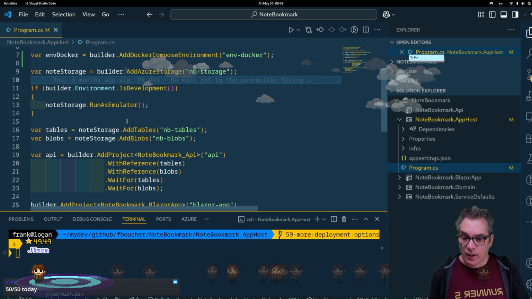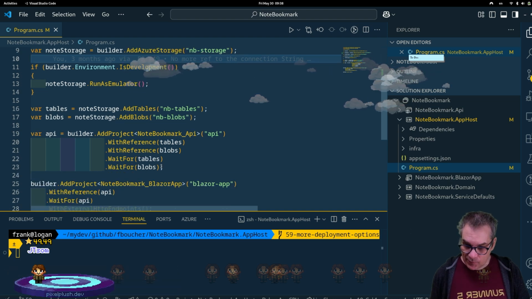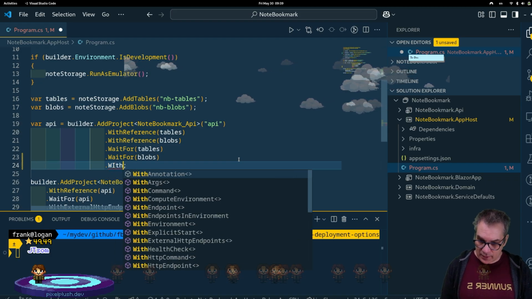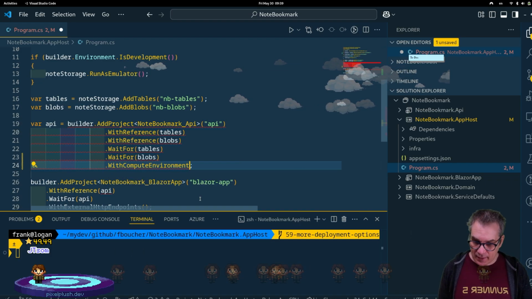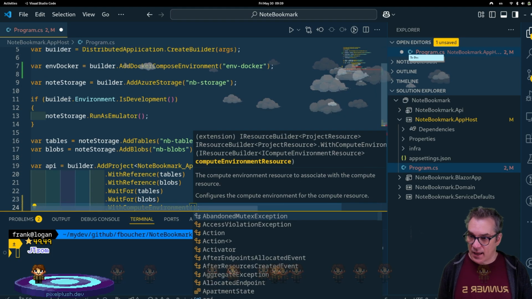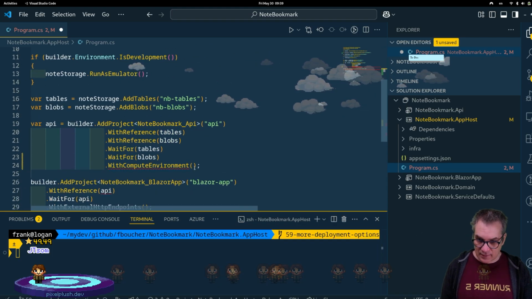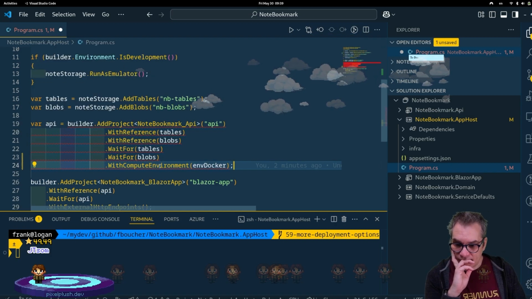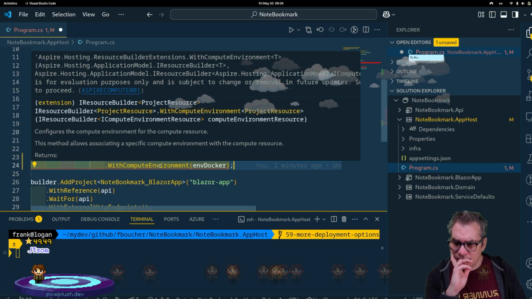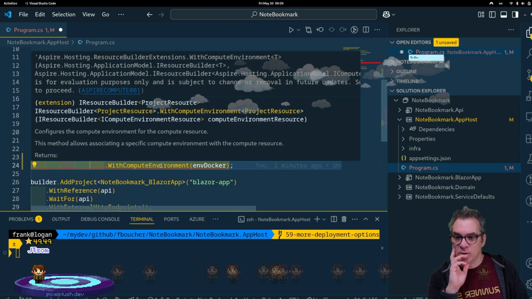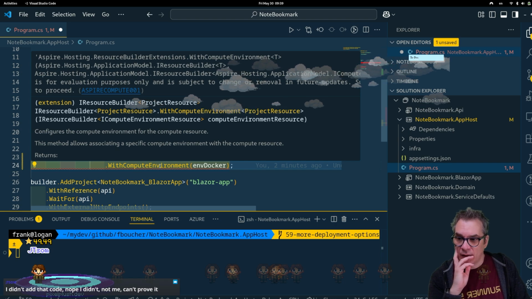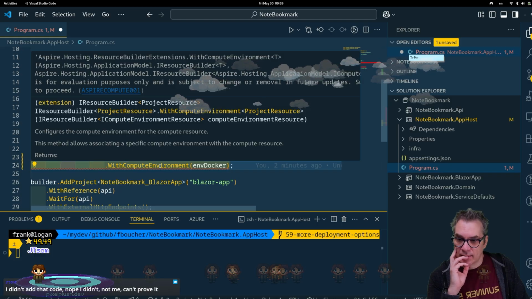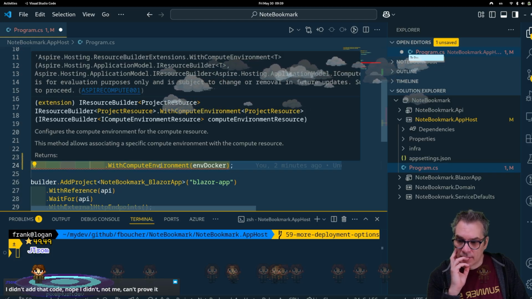Okay, so here, I think what we could do is, forgot what it is, with compute environment, I think. And then I pass this. Is it how it works? Not sure. No, huh? Aspire hosting environment, blah, blah, blah. Hosting application model for evaluation purposes only is subject to change through all future updates. Oh, I need to